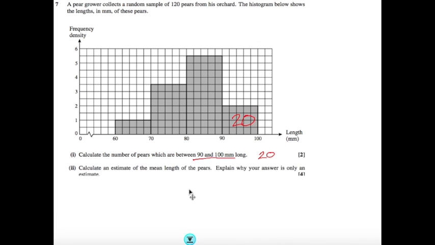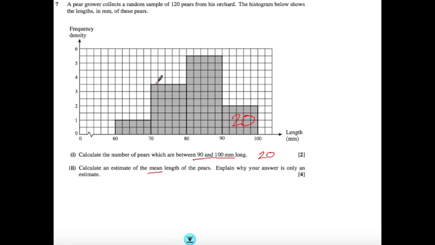Second question. Calculate an estimate of the mean length of the pears. Explain why your answer is only an estimate. So first of all, remember this is the mean, it's not the median, so this isn't the kind of thing where we're trying to split the area in half. Really, we're going to have to make a